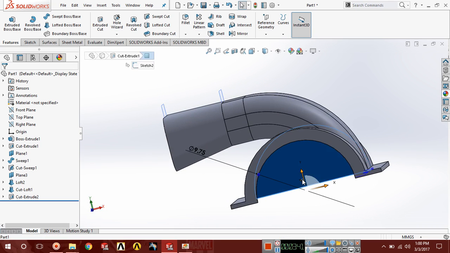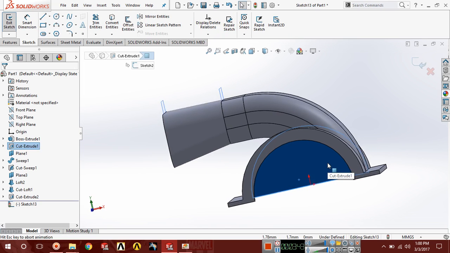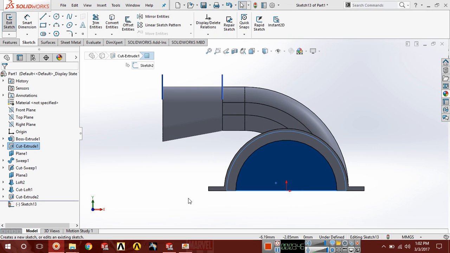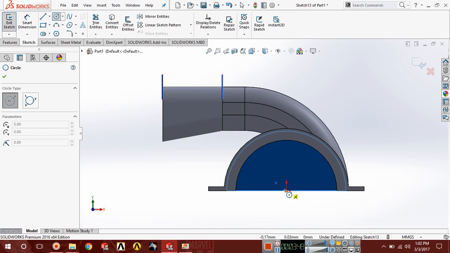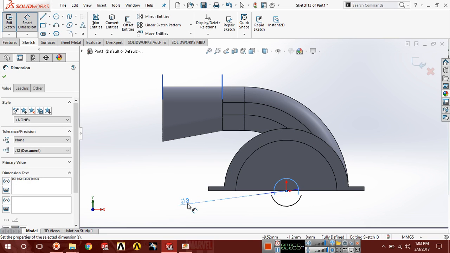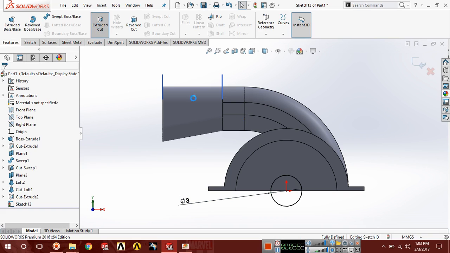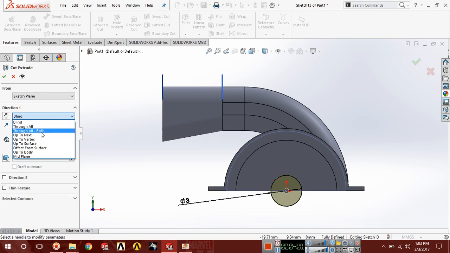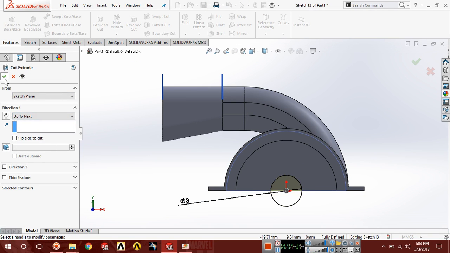Now select this face, go to sketch, Control 8 for normal. Now choose circle and draw a circle here with the diameter 3. Okay, feature, now extruded cut, here select up to next. Okay.